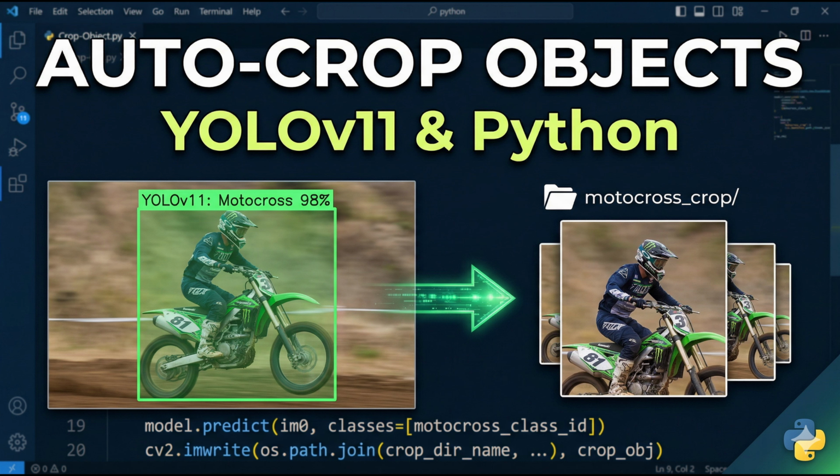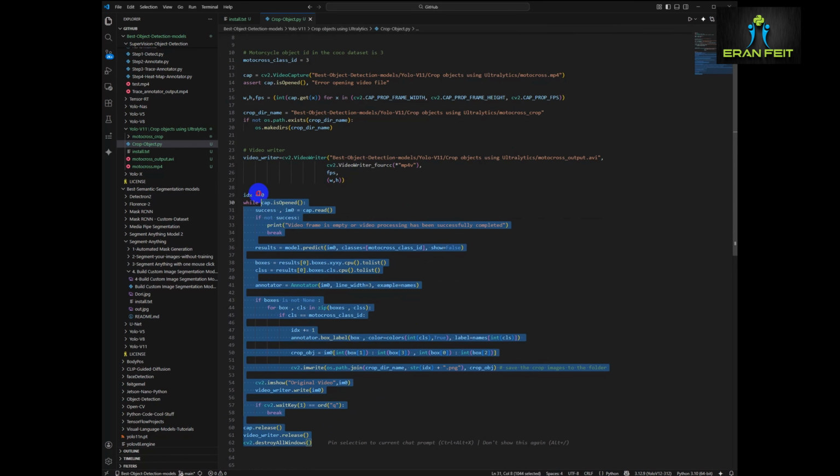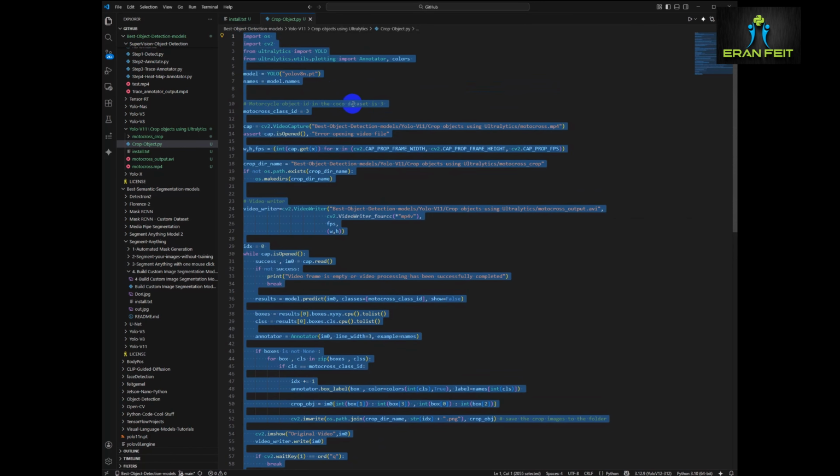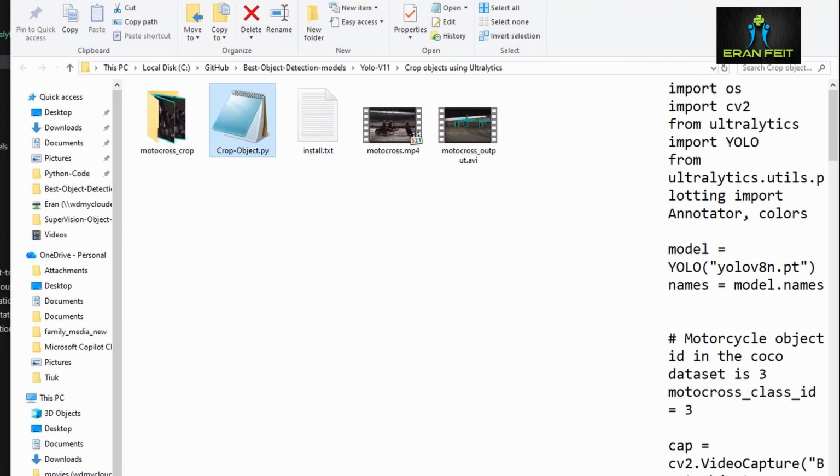Run a short demo and explain what we are going to deliver today. So this will be our code. Let's jump directly to the result. So this is our folder, our working folder, and this is our test